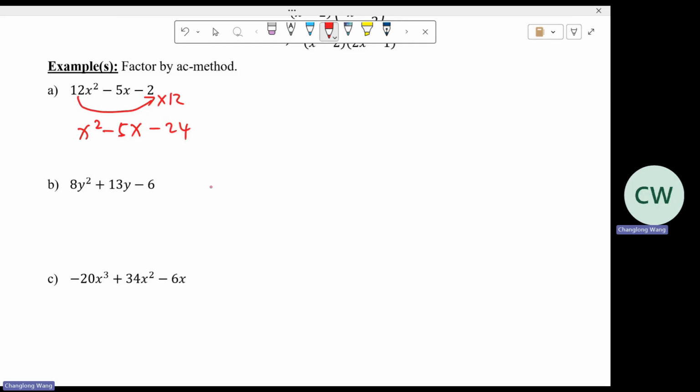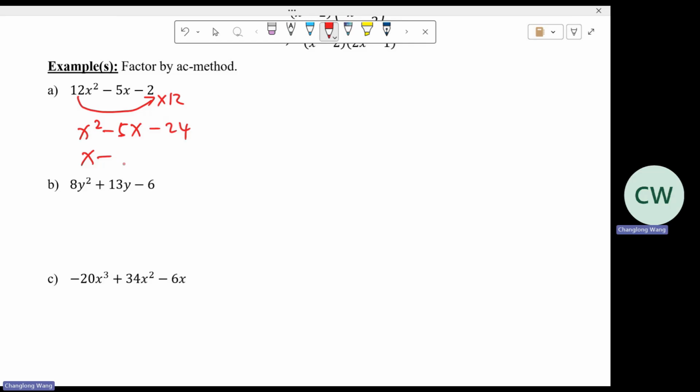Well, in this case, it will be +3 and -8 because I want them to add to be -5, right? If you start putting down negative numbers, then you're going to have 1, 24, well, -1, 24, 1, -24, just too many options, right? Settle with a pair, then you're going to think about the negative signs. That will probably save you some work. Anyway, so we see that here, after doing a sliding, we can factor this trivial case